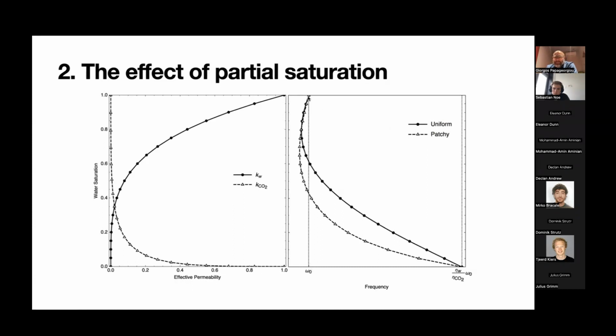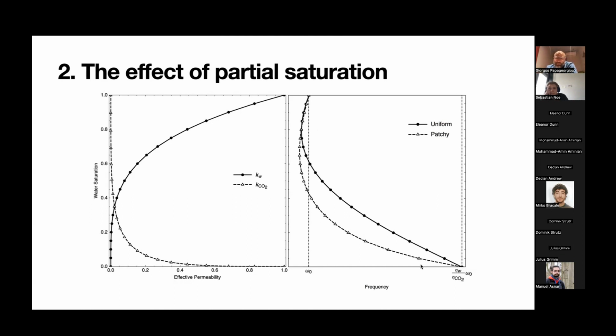And you have two ways of going from the characteristic frequency of water all the way to the characteristic frequency of CO2. One is a uniform saturated pathway, let's say, and that lowers your frequency a little bit, and then